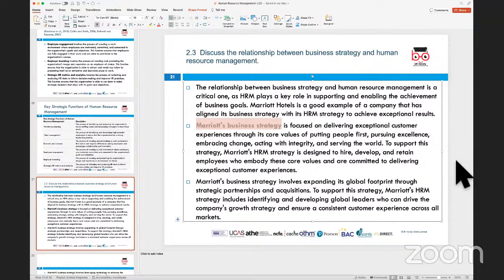Marriott's strategy is designed around hiring the best possible talent. If they're not able to find it in the market, they will hire talent and train it. In tourism and hospitality management, the cost of training and development is one of the heaviest costs organizations incur. So here, the main goal of Marriott